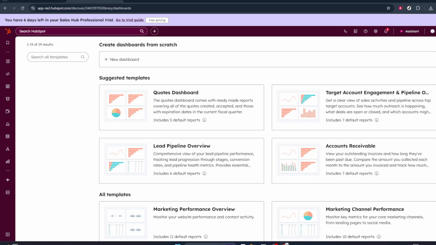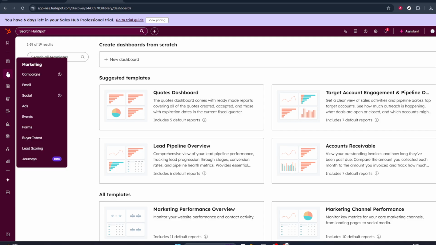First, make sure you're logged into your HubSpot account and you're on the main dashboard. From here, look toward the top navigation bar and find the Marketing tab. Go ahead and click on Marketing. This is where HubSpot keeps most of your tools related to attracting and engaging your audience, including emails, landing pages,